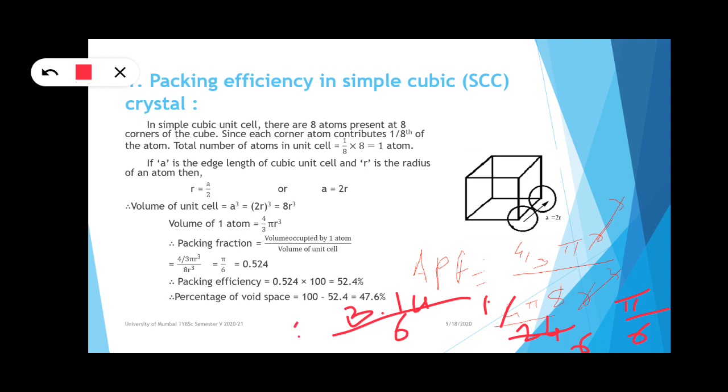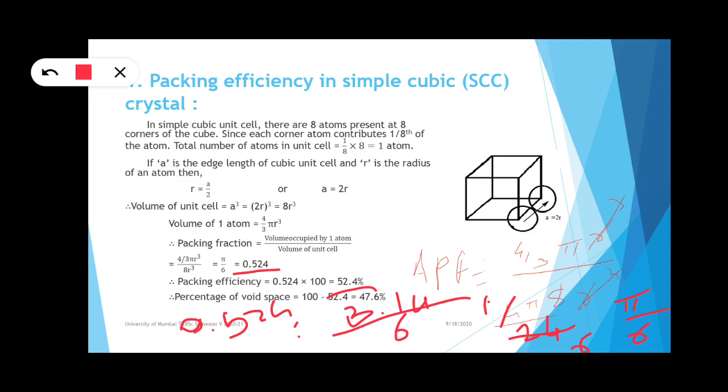You will get what answer? 0.524. So if you want that in percentage, 0.524 multiplied by 100 becomes 52.4%. That is the packing. That means in a simple cubic crystal, if you arrange all the constituent particles